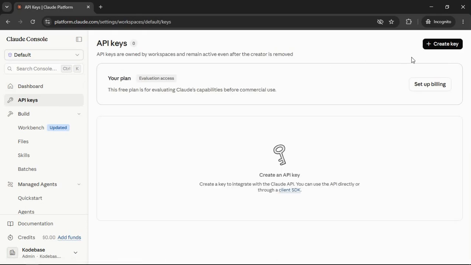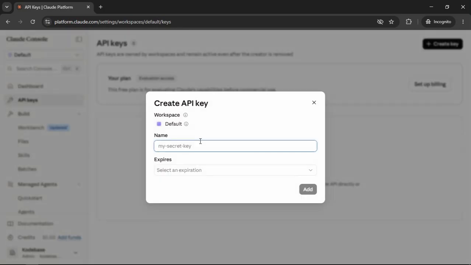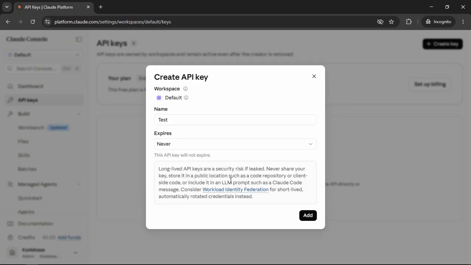and here at the top right you will get create key. Click on this button. You can give it a name. I'll give it test. You can set the expiration. I'll make it never. Then I need to click on add,